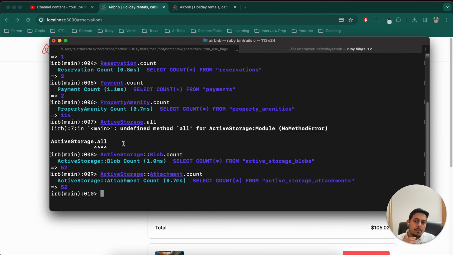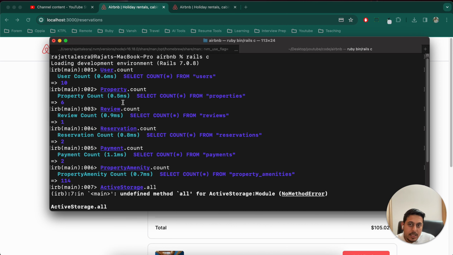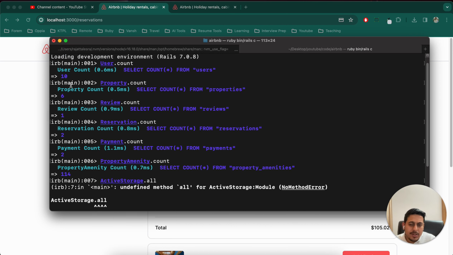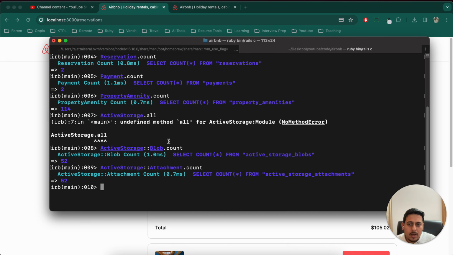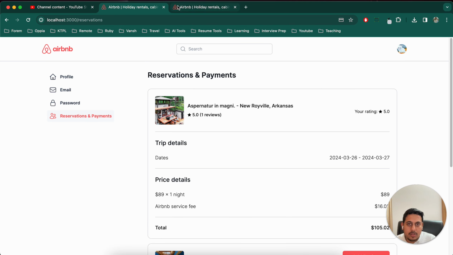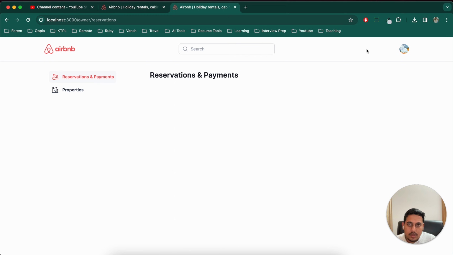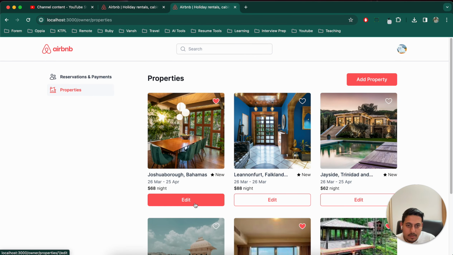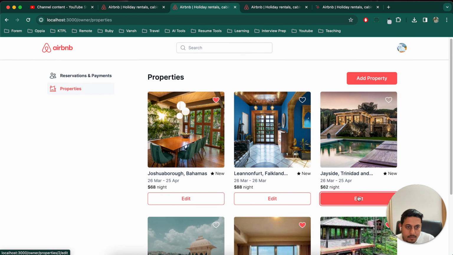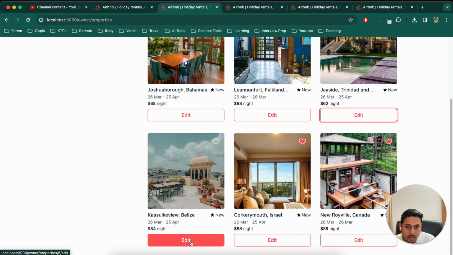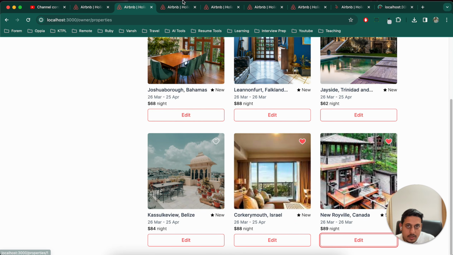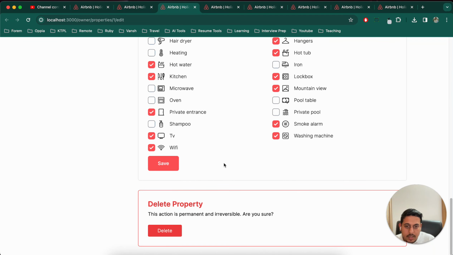Now when we start removing the properties, let's see how these numbers change. So what I will do is, I won't do this one by one. I'll just get rid of all the properties and then check these again. Okay, so let's go here, owner, properties 1 2 3 4 5 6. Let's get rid of them. Delete,